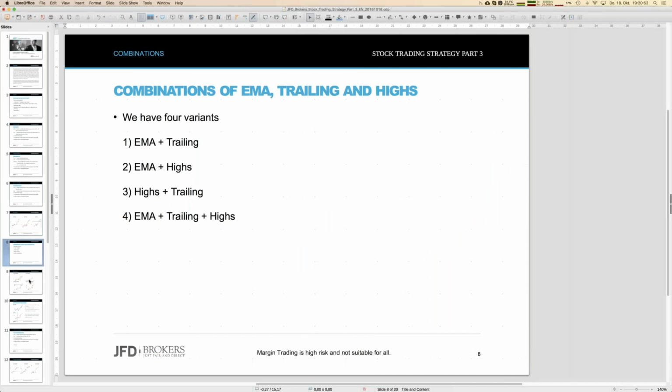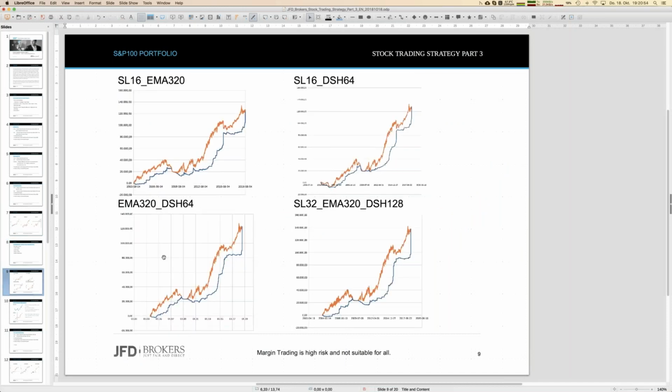And the final result we got, just 4 examples here, are the following equities for the overall portfolio. Once again, we saw and we realized an improvement. So if you look, for example, at the drawdown, here is 20,000. Here is 20,000. So in all 3 cases, it's only about $20,000. But still, we might do a little bit better.